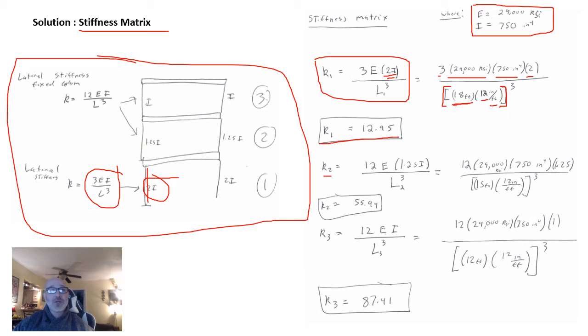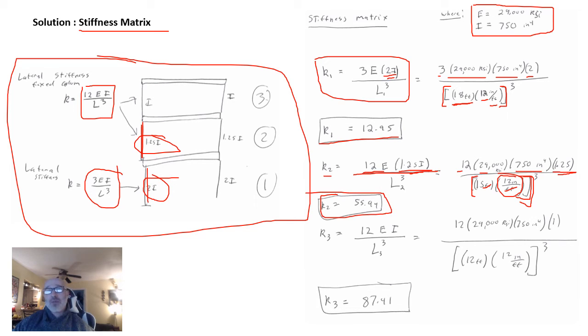Now we do the same thing for K2, so our K2 equation right here is 12EI over L cubed. So I plug that in, 12EI, my I is given to me as 1.25 times our I value in the problem statement, divided by my L2 cubed. So I plug in my values there. This is 12 times my 29,000 KSI times 750 inches to the fourth times now my 1.25 right there, divided by, on the bottom here, 15, the length of this column there, times, again, 12 inches in a foot, this entire quantity cubed, now that we're in inches, because our feet units cancel out there and there, those cancel. So that ends up being K2 is equal to 55.94, and for K3 we have 12